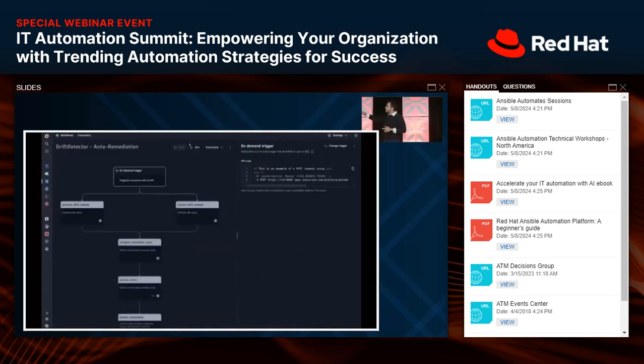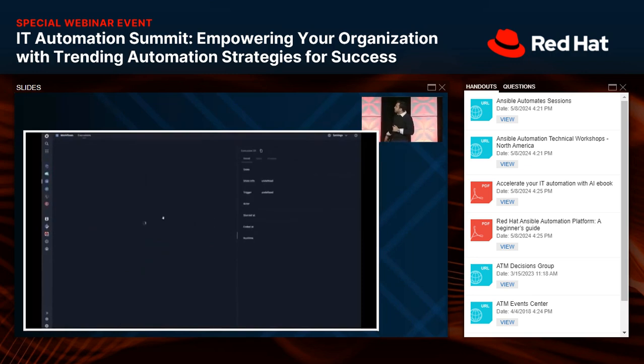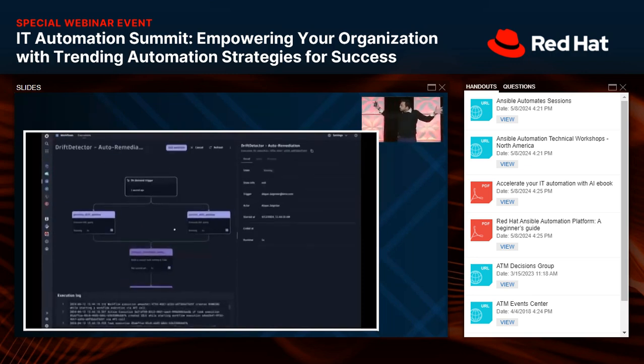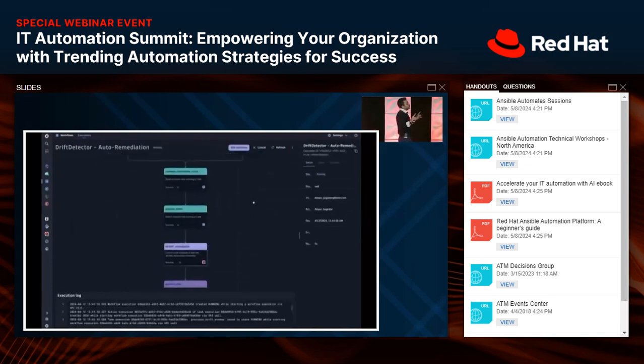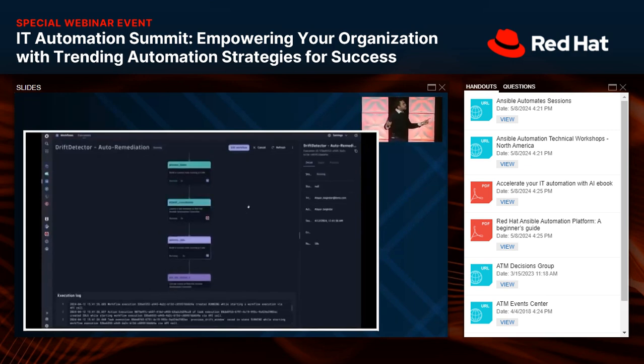As soon as it gets logged, we will kick off an Ansible Dynatrace workflow. And as you see, we're pressing the play button right there. You see there's two boxes beside each other. So what are these two boxes doing? Even though we know there's a drift problem that exists, we are using these two boxes in Dynatrace to verify that the drift exists. So it's comparing the previous time slot to the current time slot, and checking if the drift does exist.